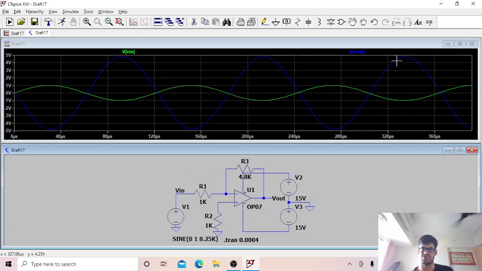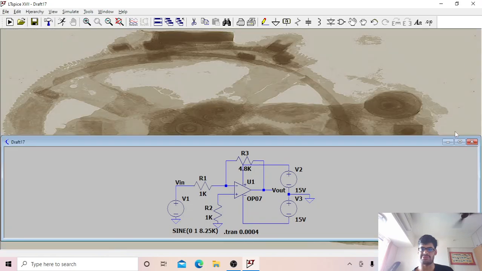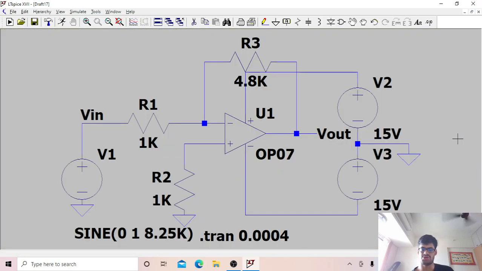We can do this for other amplifiers too, like the OP07 we are using right now. We can also do it for the LM741 and the TL081, and the procedure in each case will be the same. Only the frequency value will change according to the nature of the amplifier.